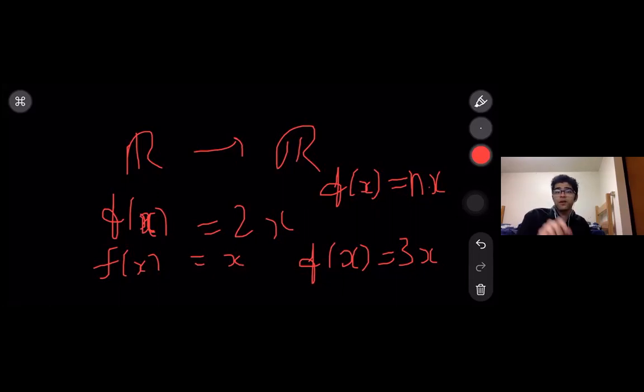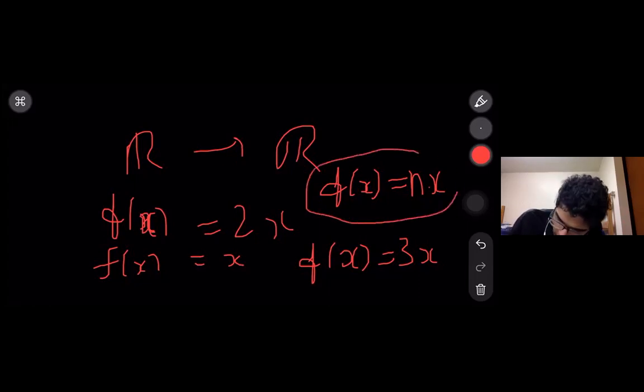I was asking, can n be 0 and will it still be a bijection? If f of x is equal to 0 times x, is that a bijection? It's not a bijection because then every number will be mapped to 0. So it's not one-to-one and it's not even onto, because 0 is the only number that has pre-images. Every other number is left alone. But can n be any number other than 0, and will this still be a bijection? That's what I want you to think about.